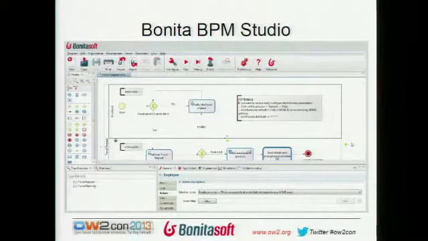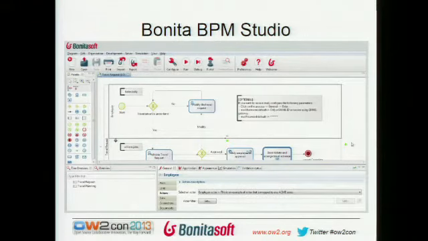So here is the Bonita BPM Studio. It's based on Eclipse, and on the left you have the palette with all the tools. In Bonita we use BPMN2 notation, which is a standard, so you can export, import, and so on.